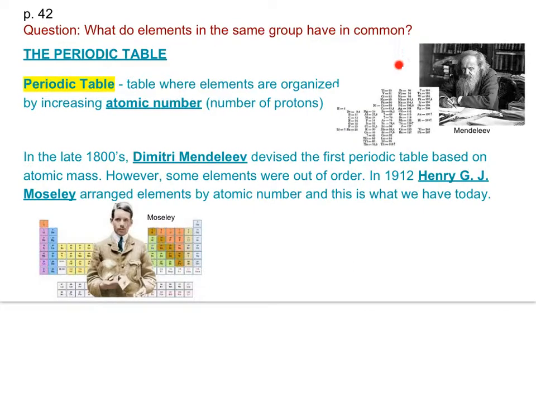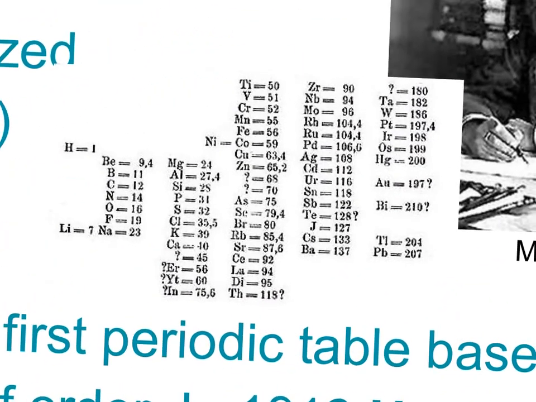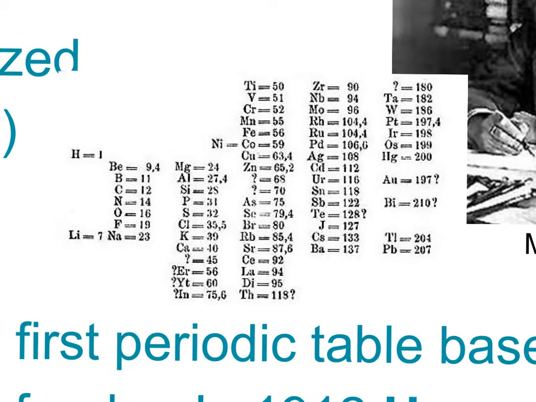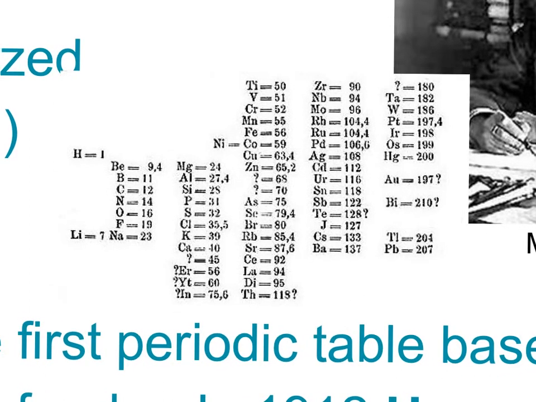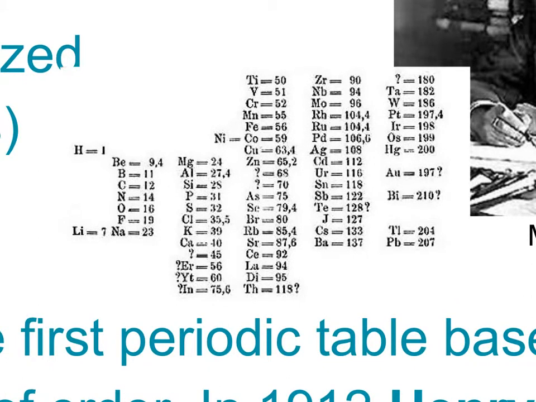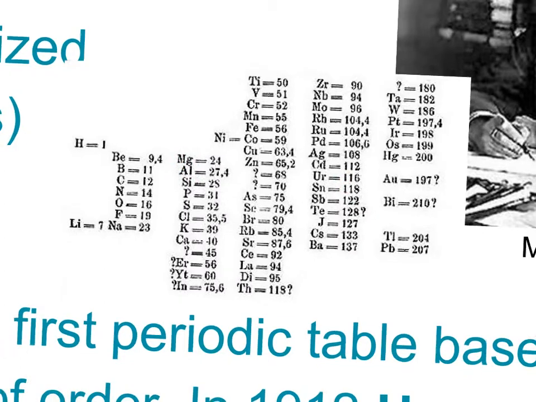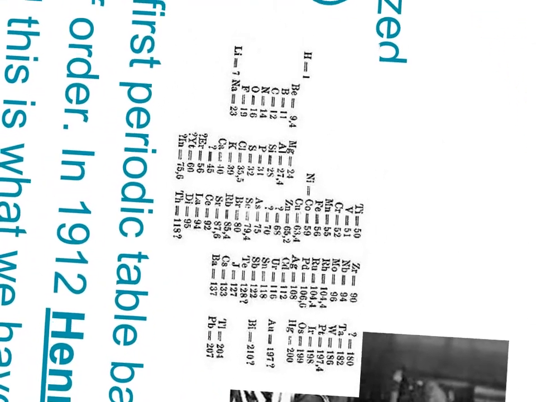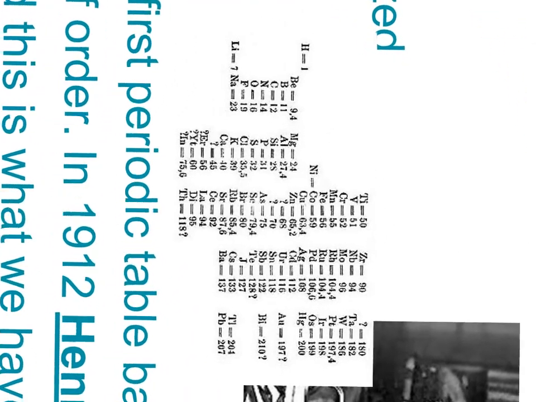So this top picture is Mr. Mendeleev, and he has this periodic table, which is pretty weird looking. Let me zoom in on it for you. Look at that. So he's still listing hydrogen as the very first one, and then he's got lithium down here, but he's got these different little columns. So really, if you want to understand what this periodic table is supposed to look like, or see how it's related to the one that we use now, try turning it this way, and you'll start to see, oh hey,